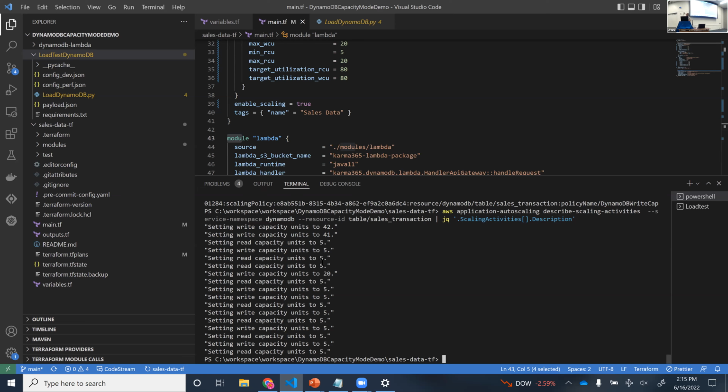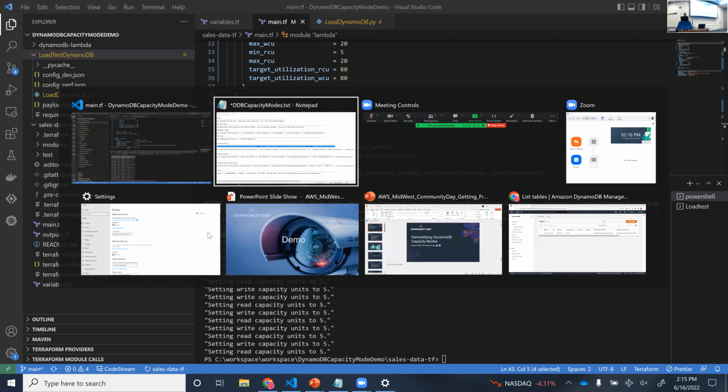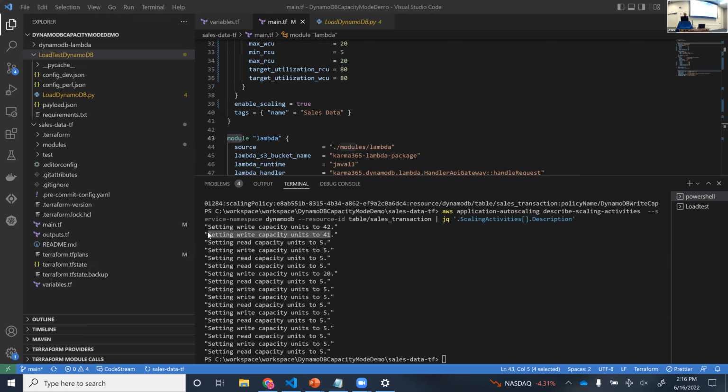And then here you see the write capacity unit was increased to 20. And then I think the load was more than 20, and it got increased even further to 41 and 42. We can also see that in our